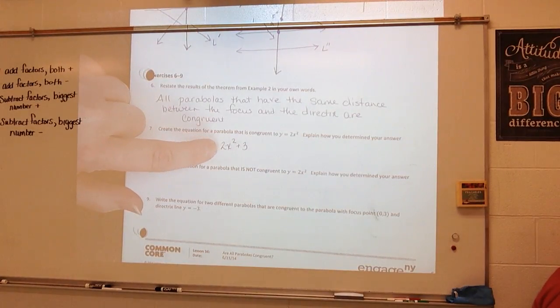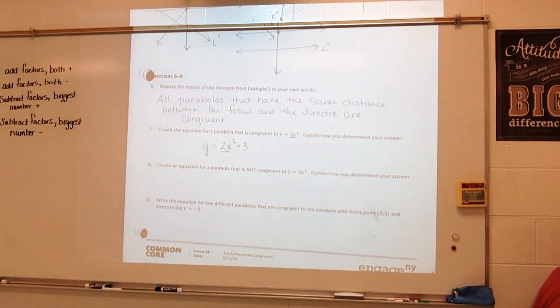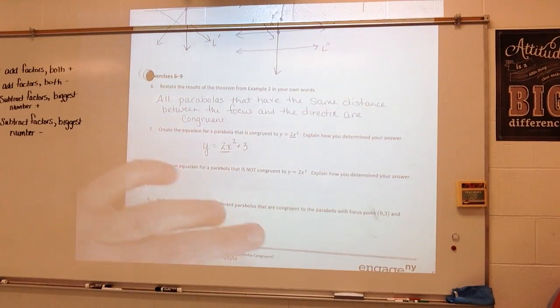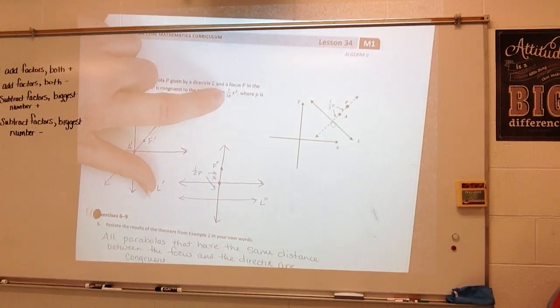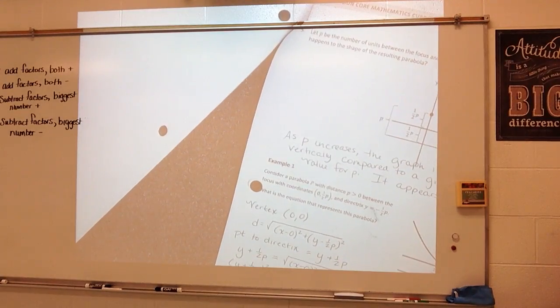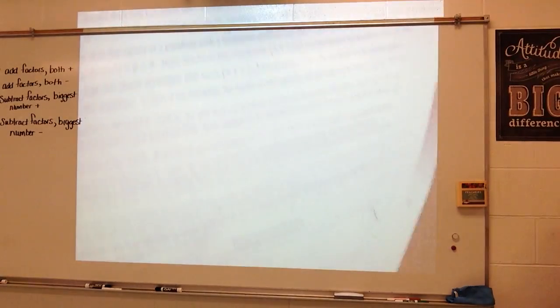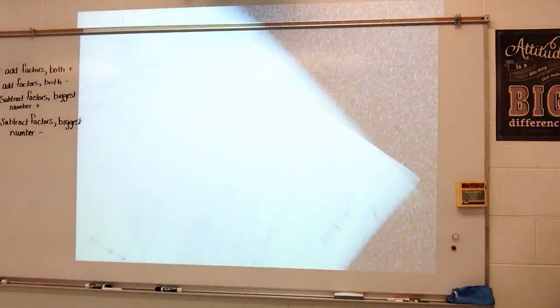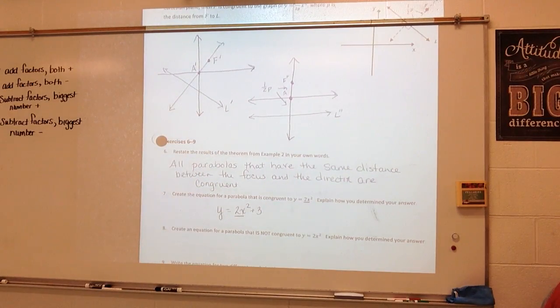As long as this coefficient is the same as this, then my parabolas are going to be the same. Because that is my distance between. If you look at it here, the distance between is 1/2 p. We really didn't do anything with the math there, did we? But you're going to see, as long as the coefficient of your x squared is the same, then you have